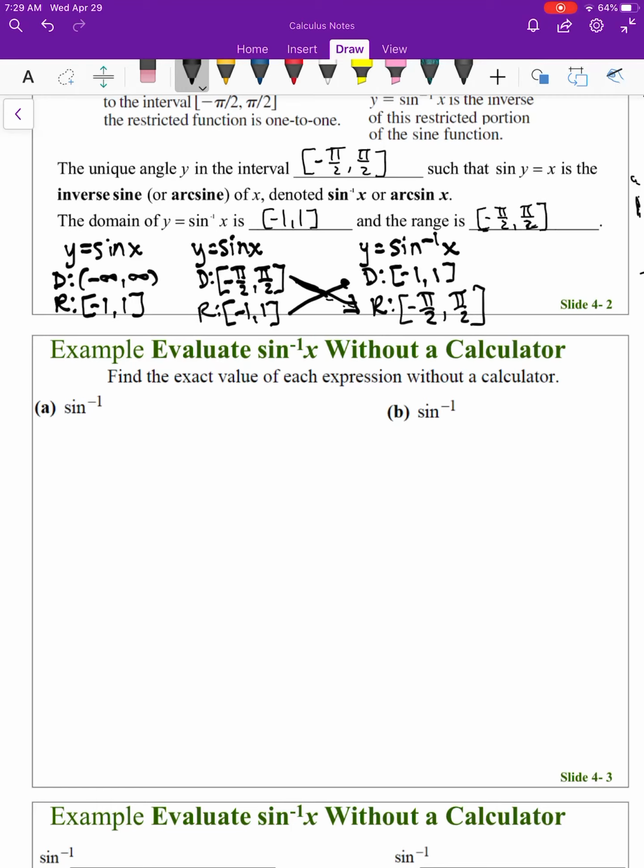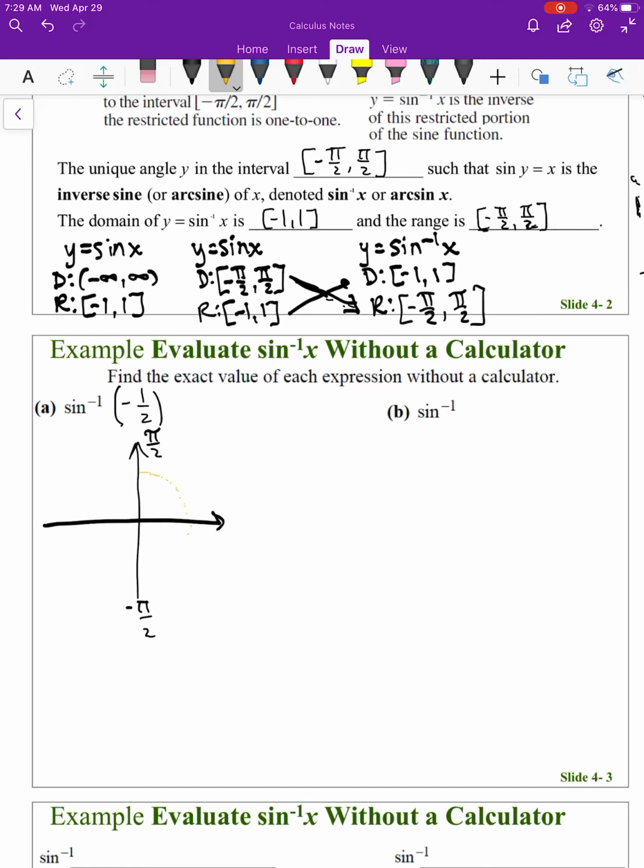Okay, so let's look at example number 1. Evaluate inverse sine without a calculator. So the first one we're going to look at is the inverse sine of negative 1/2. So when we're looking at it on the xy axis, think about where negative pi over 2 and positive pi over 2 are, okay? So if I went in the positive direction,